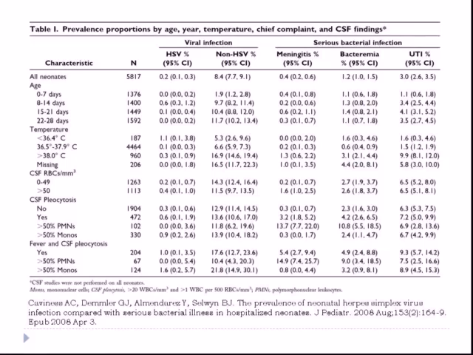If I can direct your attention to the very first line right here. In all neonates, they had 5,000-6,000 neonates admitted to the hospital, I think during a year or two. And they found in all this group an incidence of a viral infection of around 8.5 or 8.6 if you want to include HSV also in there. And then for the serious bacterial infections, UTIs, bacteremias, and meningitis, it was probably around 4.5 or something. So 4, or 5 if you add HSV, probably 5% of all those neonates have some